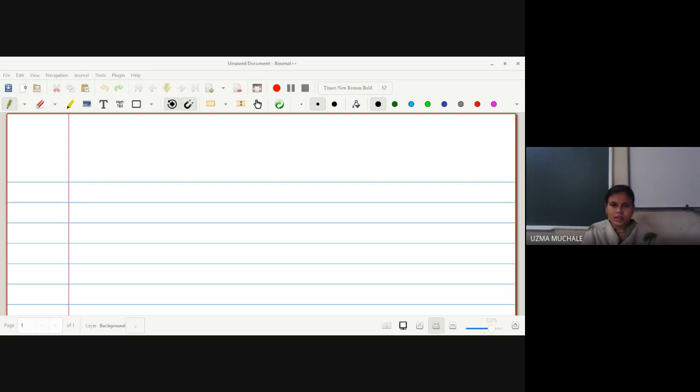isometry. That is, we have proved that the distance between Cp and Cq is equal to the distance between P and Q, which we proved with the help of the dot product. Cp dot Cq is equal to P dot Q. Then we wrote Cp dot Cp, which is true for all P and Q, so instead of Q we wrote P, and then we used the linearity property to prove the result. Any doubt about the definition of orthogonal transformation, isometry, or some theorems we have seen about translation?